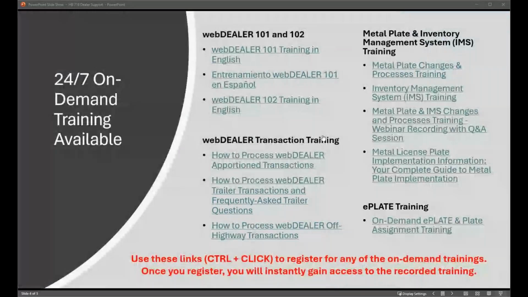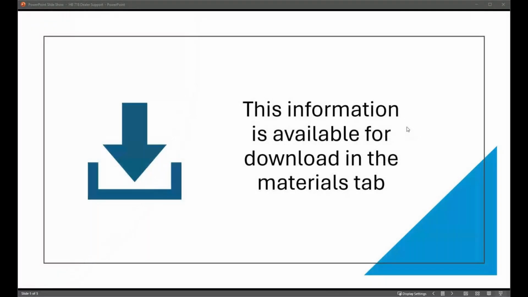Okay, do you report cars purchased at auction online, even without the plates? That is correct. So again, if you have time, we have about 15 more minutes here. In the materials tab, you're going to be looking for the web dealer addendum file. In that file, there is going to be a walkthrough on how to submit those vehicles that you are receiving from auction.